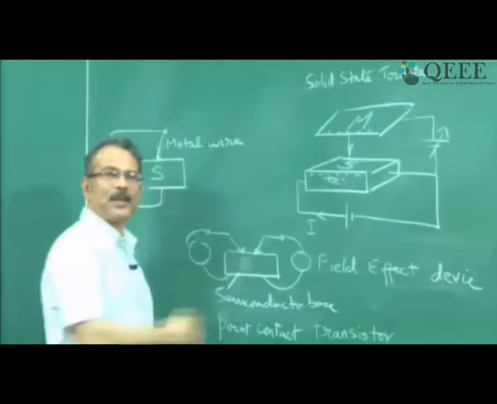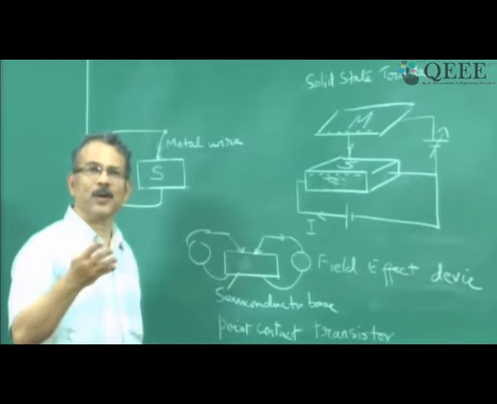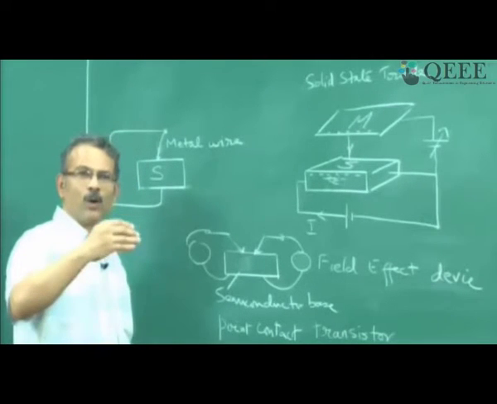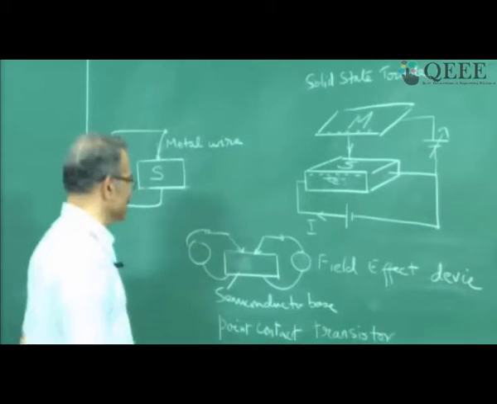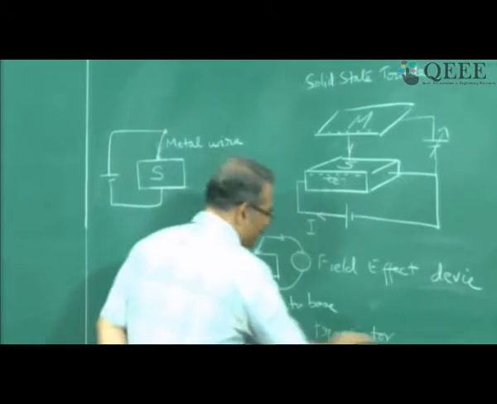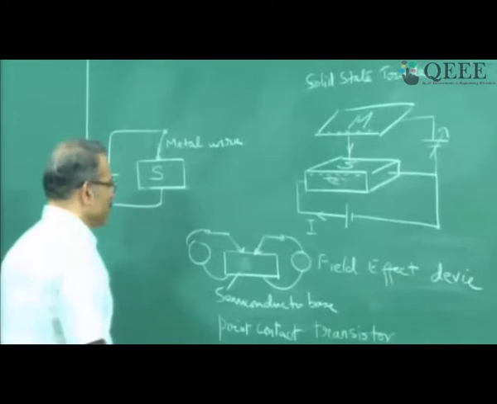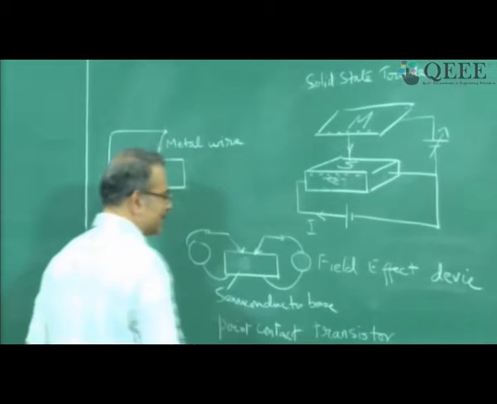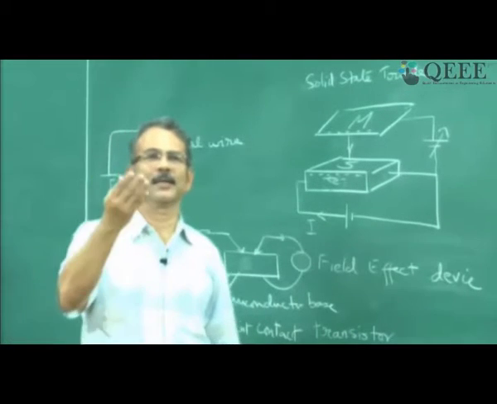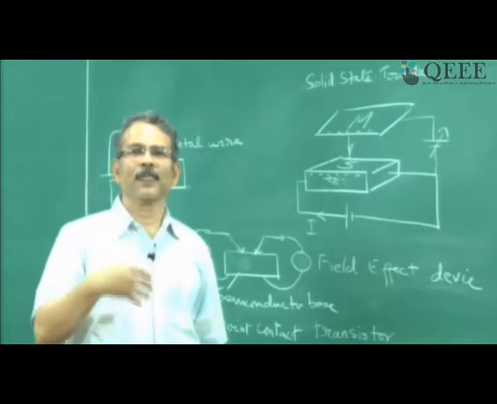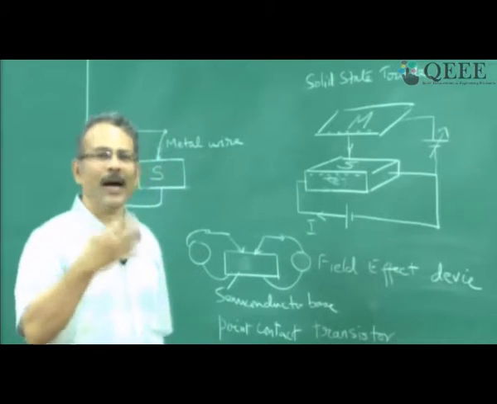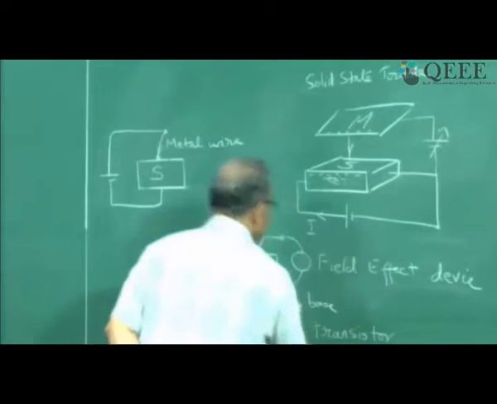Now when we discuss the operation of the PNP transistor or NPN transistor, bipolar transistor, we will see why it is low resistance to high resistance. But right now I want to explain only the term, how it has arisen, transistor. So low resistance to high resistance. So they said it is like a transfer resistor. Current is being transferred from a low resistance to high resistance. So transfer resistor.